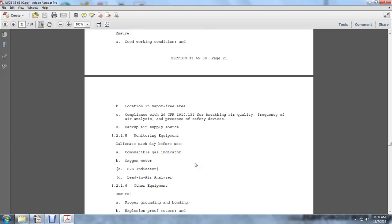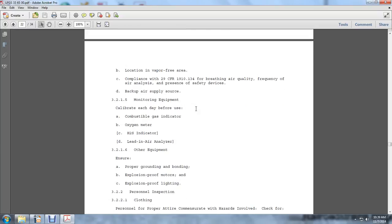3.2.1.5 The monitoring equipment is calibrated each day before use: the combustible gas indicators, oxygen meter, the H2S indicator, lead and air analyzer. 3.2.1.6 The other equipment. Ensure the proper grounding and bonding of the explosion-proof motors, explosion-proof lighting, and